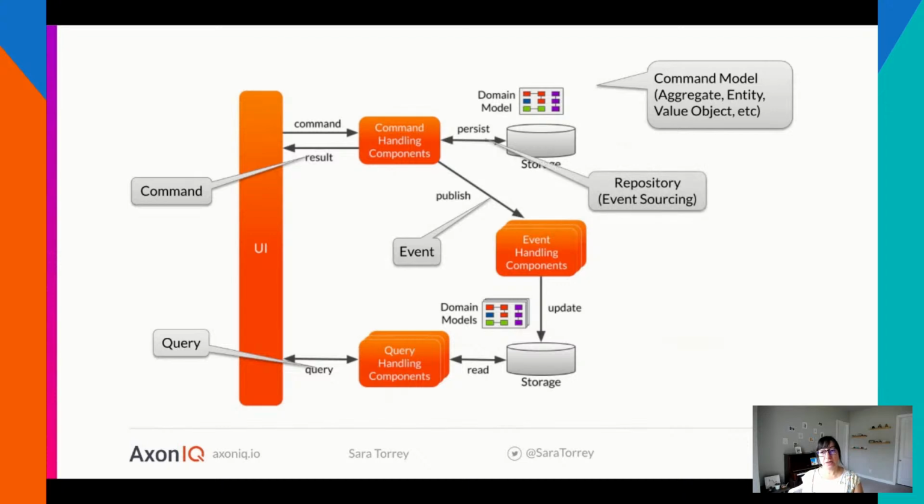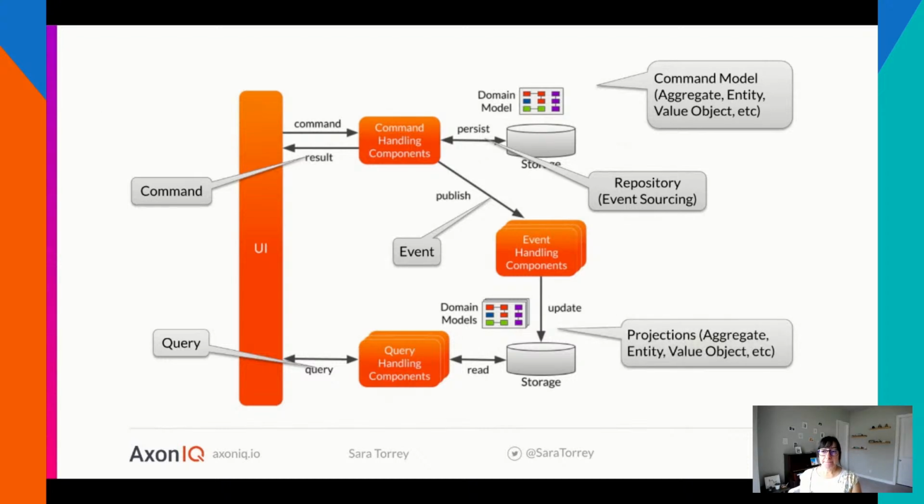Now, then you have here the repository building block that we talked about as the abstraction layer to retrieve our command model. On top of that, we are using event sourcing right here. Therefore, the repository's technical approach is to follow this paradigm. And Axon Server specifics lie in this section as well. Where is the storage? Right here.